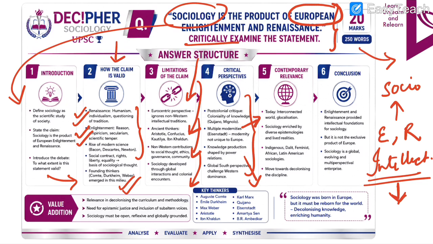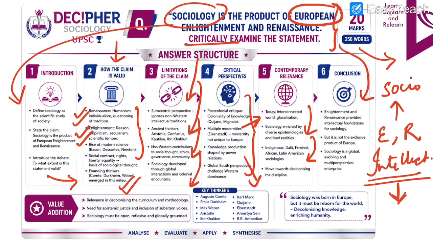And today, as the discipline of sociology is growing, what are the influences which are helping it grow, right? What influences are there? So, here you can talk about the non-Western phenomena, you can talk about the Indianization of sociology, and how we are bringing in new methods to study Indian society. We are not relying on the Western theories or perspectives, for example, Indology. So, these thinkers you can bring in,